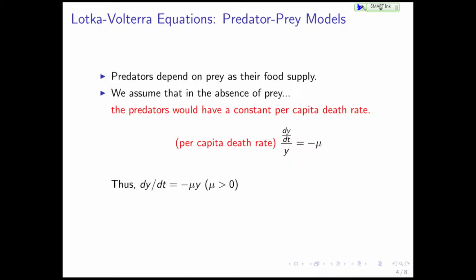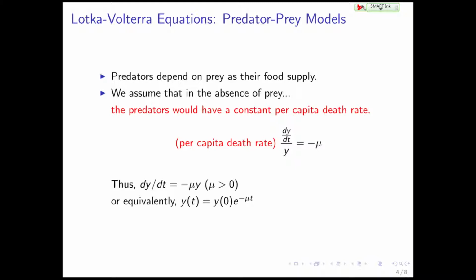This ratio, dy/dt divided by y, translates as the derivative of y equals minus mu y. Mathematically, this is still saying that the derivative of a function is a multiple of the function. In the previous case, it was a positive multiple. In this case, a negative multiple. The exact solution of this equation takes this form, and now we can see that